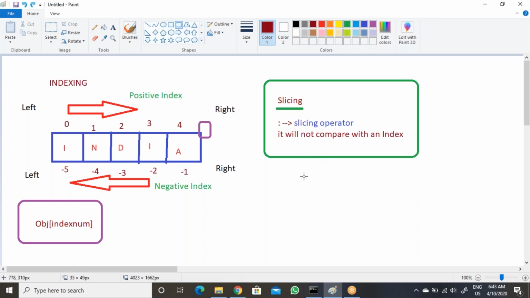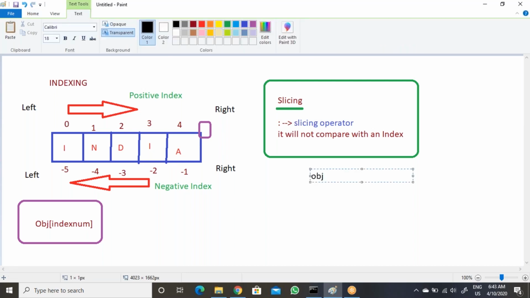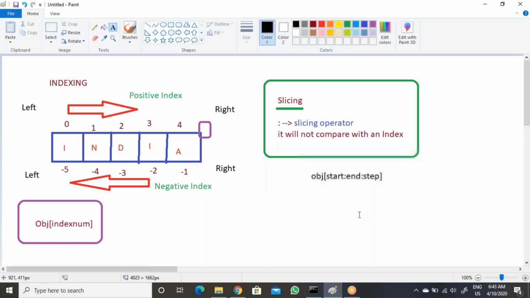Now what I'm trying to do: slicing will be like this, object of start, end, then step. So we are using this format.